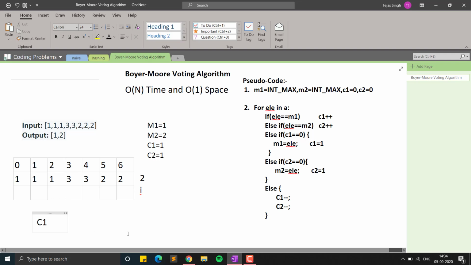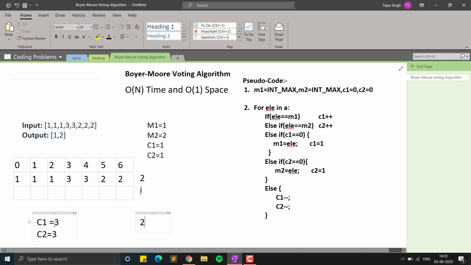So we will set count 1 and count 2, and we will count the instances of the majority elements that we got. So we will iterate over the array and we will count how many times 1 occurs. So 1 occurs 3 times, so its value will be 3, and 2 occurs also 3 times. Majority element 2 occurs 3 times. So now we will check this value, so n by 3 will be 2. You can see size is 8, 8 by 3 will be 2 point something, and it will be 2 because we are taking the floor value.